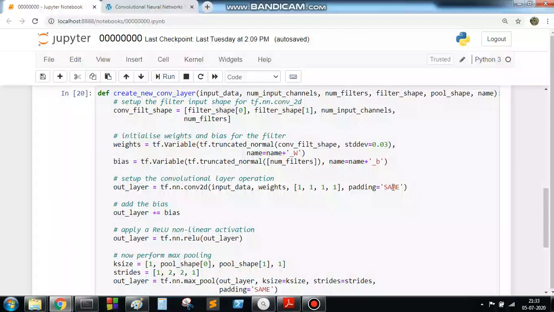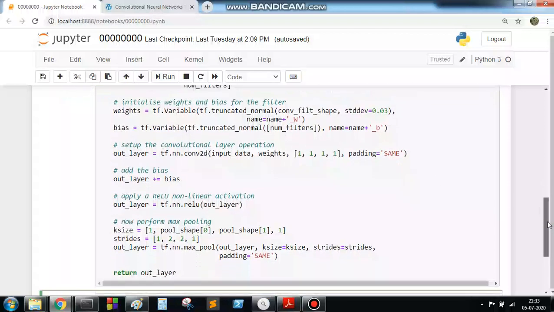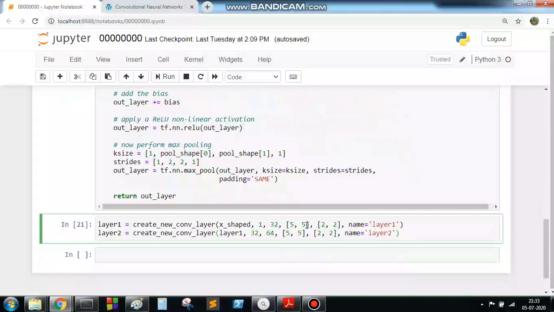So the input is 28 cross 28, and after convolving with 5 cross 5 with padding same, it will generate a 28 cross 28 matrix. Then when pooling with 2 cross 2, the output will become a 32 channel, 14 cross 14 matrix.